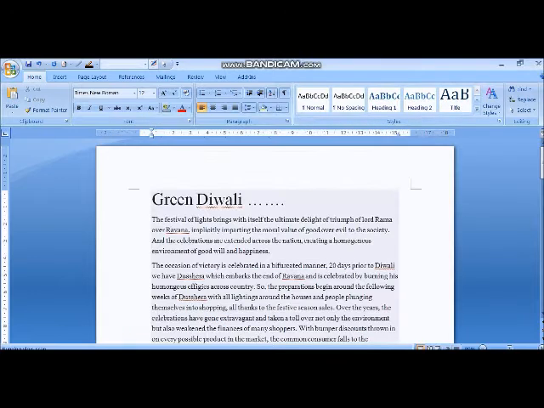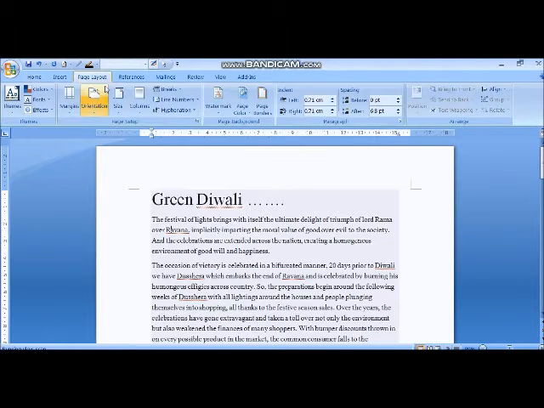Today we are going to learn about page layout tab. Okay, this is your page layout tab. In MS Word, we have learned about home tab. Okay, in home tab we have learned about your format painter, then we have learned about find and replace option, superscript, subscript. Now today we are going to talk about page layout option.